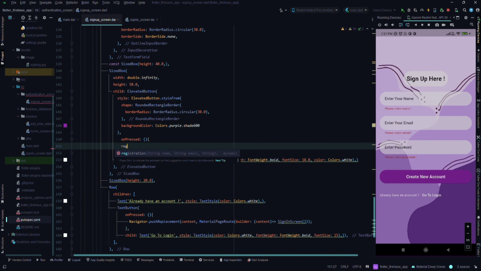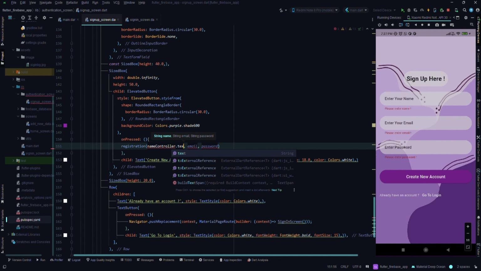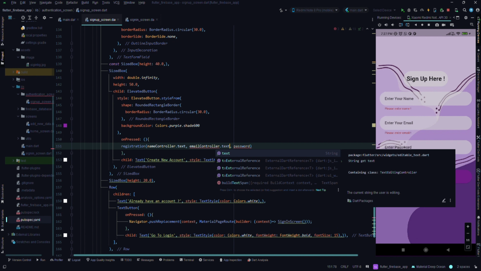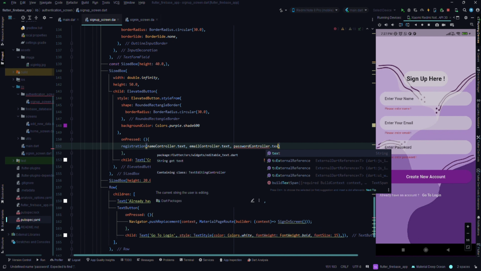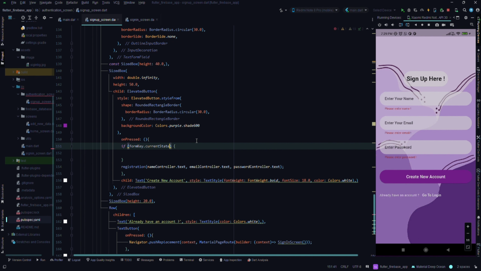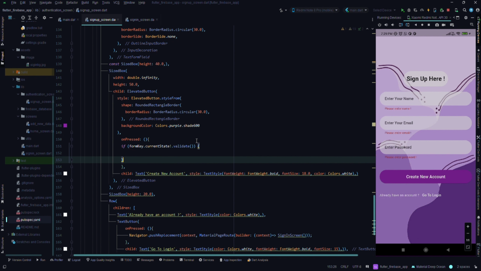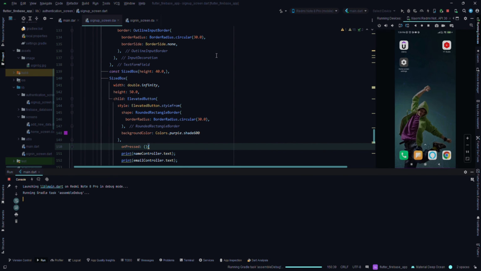So on tap of this button I'm calling this function registration, and here we need to pass controllers, name controller. For email, we will pass email controller, and for password, password controller. But before that, we need to apply a condition for correct validation. So inside this, if formKey.currentState.validate, then it will call this function. And now after this, let's